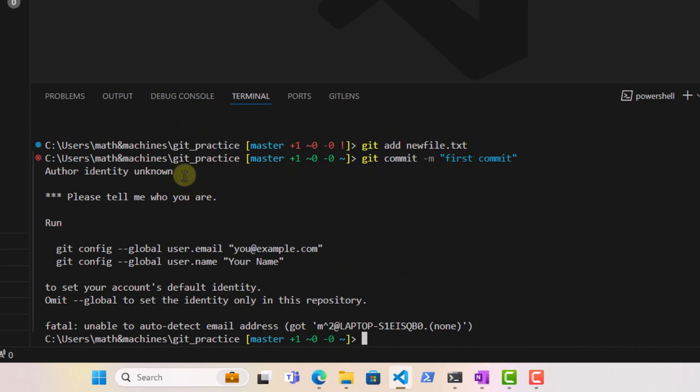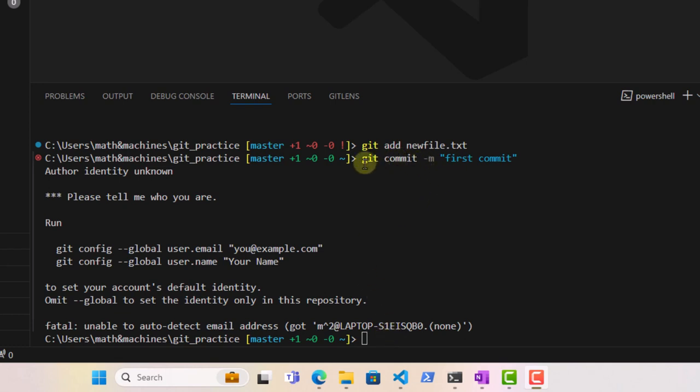Git wants to know the identity of the author that it can attribute this change to. So someone added this new file and Git wants to know who was that person. And that makes sense, right? For instance, if you are part of a team where multiple data scientists and machine learning engineers are working on the same machine learning model, not only do you want to track changes being made to the code base at all times, but you also want to track the identity of the person who is making those changes,